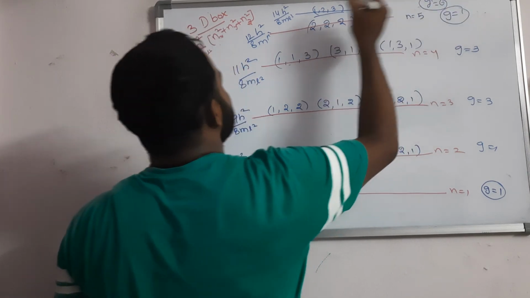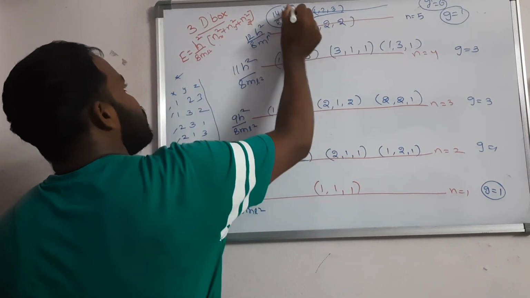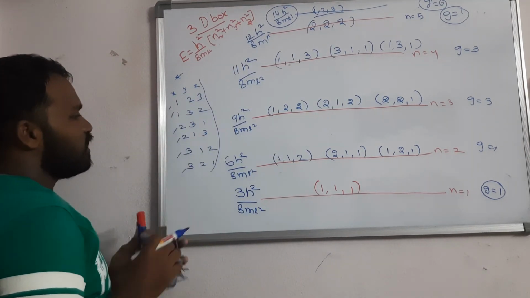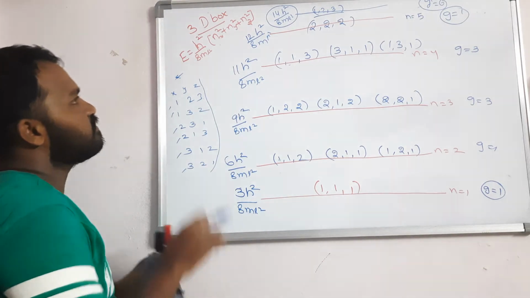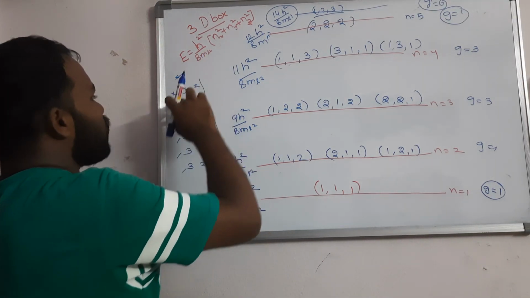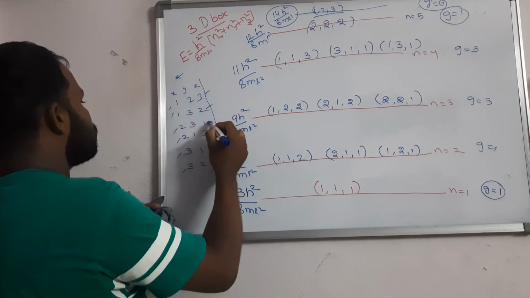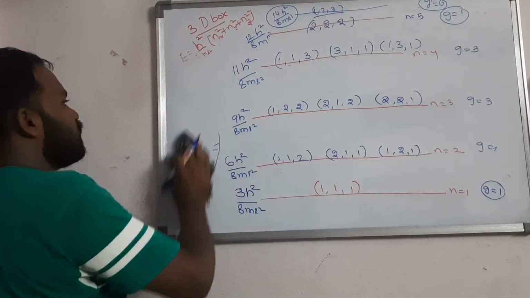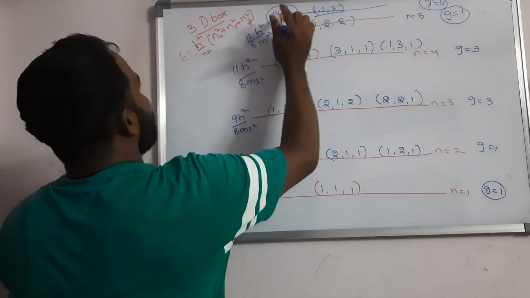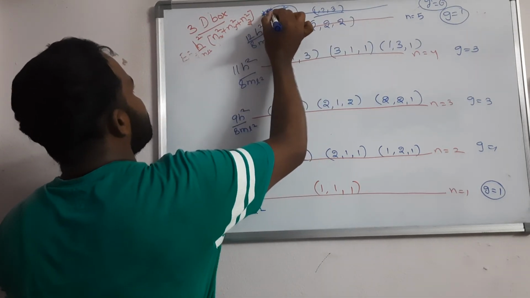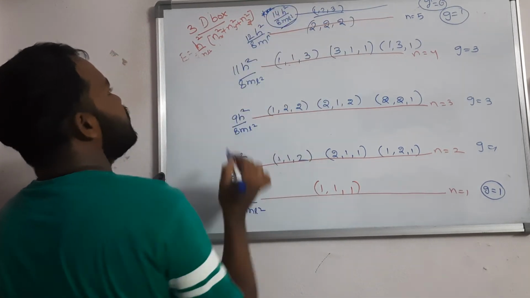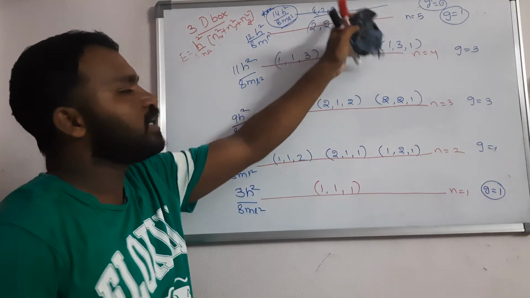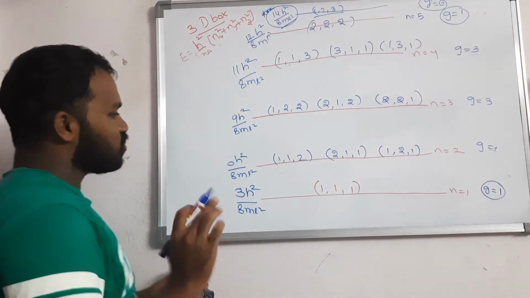Very very important. So they will give the question 14h square by 8ml square. Generally I will explain how the questions will be asked in the examination. So the possibilities are 1 2 3, 1 3 2, 2 3 1, 2 1 3, 3 1 2, different possibilities. In competitive exams or semester exams, they will directly give this energy for a 3D box. What is the degeneracy they will ask. So what are the degeneracies? 1 2 3, 3 1 2, like this you should write.